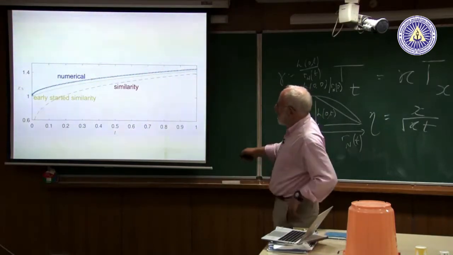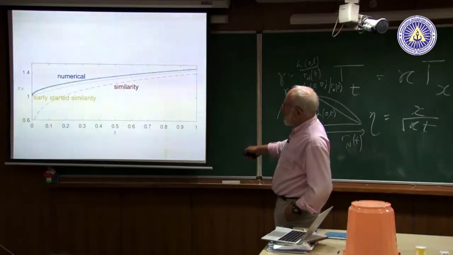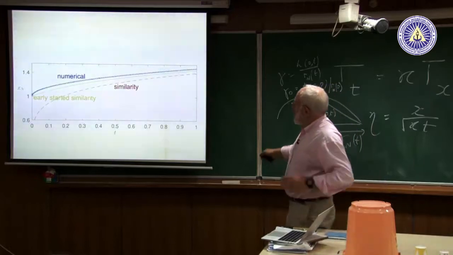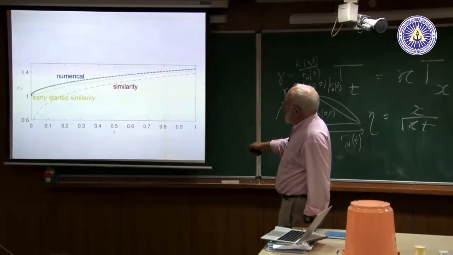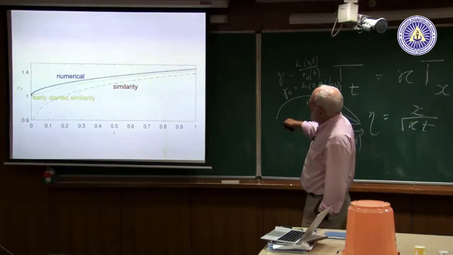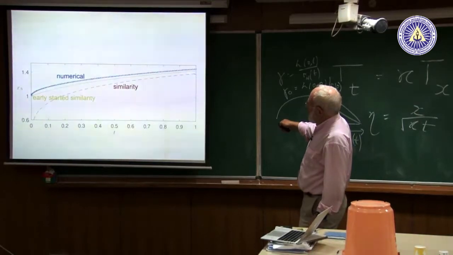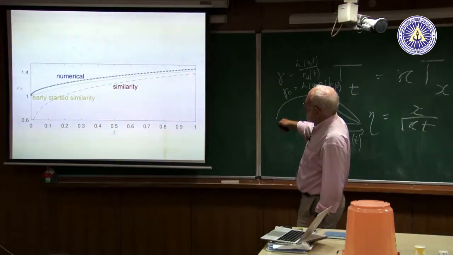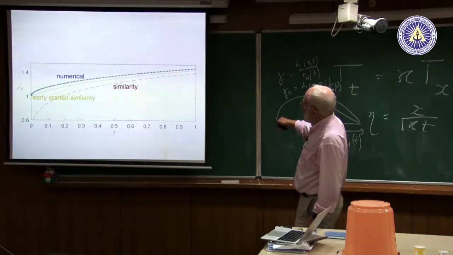That's the similarity solution, and this is the early started similarity solution. So you give the similarity solution some time to catch up with the circular cylinder. So at time t equals 0, they're exactly the same. The numerical one, this one beats the similarity solution, and so the largest disagreement is about here, 4.5%. It gets less and less, and you see that at all times it's a better solution than this similarity with this one. The green is always better than the blue, and it's always behind.